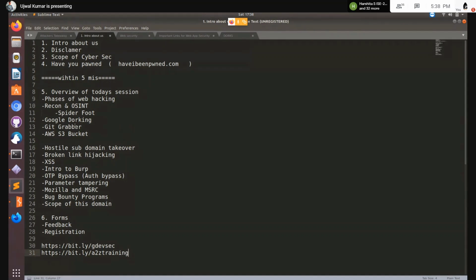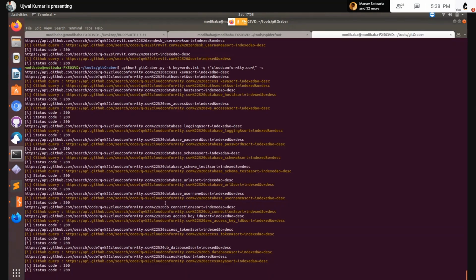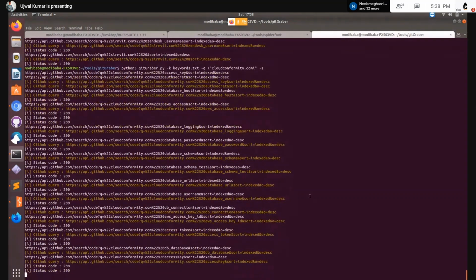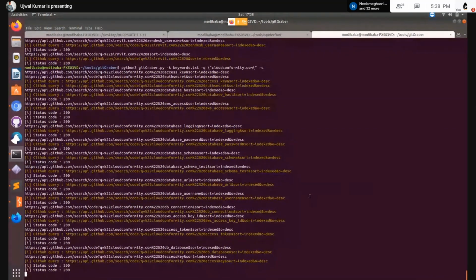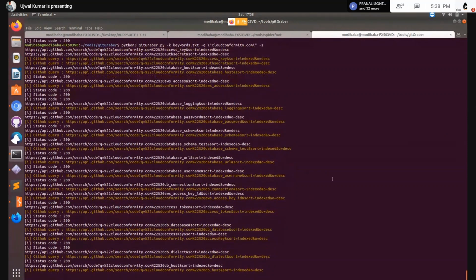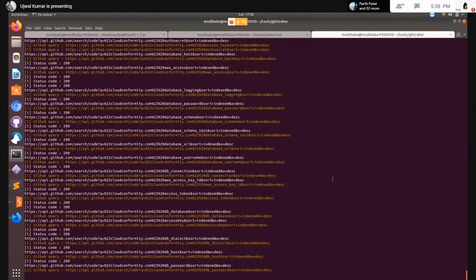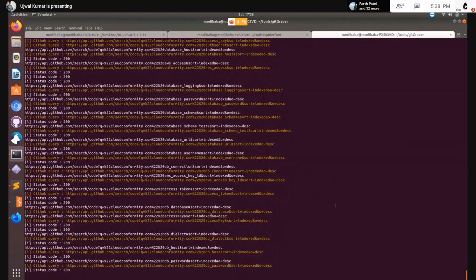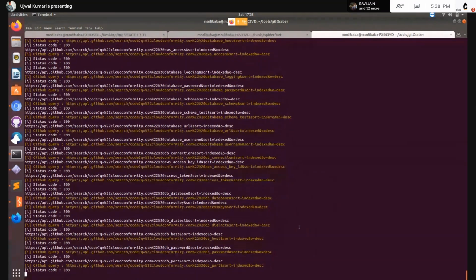I explained to you about Git grabber, and I also explained about the Wayback Machine. Wayback Machine shows a lot of old data. If you had seen my status on WhatsApp, you would have seen me putting a few exposed API keys. This is how I got it in 5 minutes. If my API keys hadn't been exhausted, I could have shown you a live example. It says status code 200, but there's no important sensitive data.